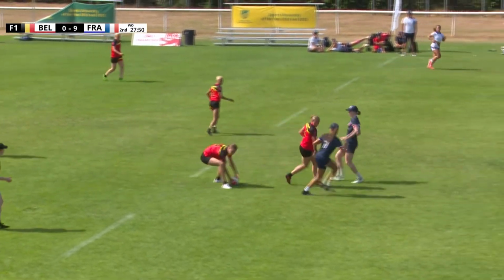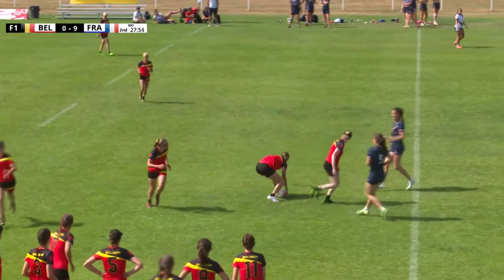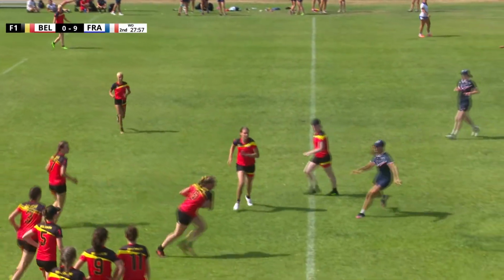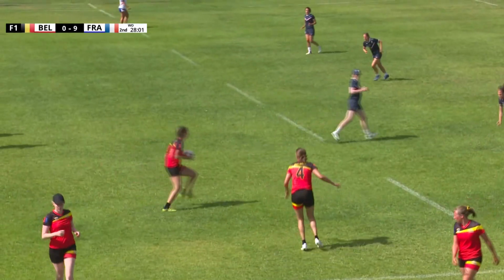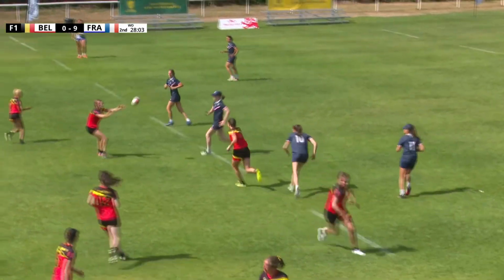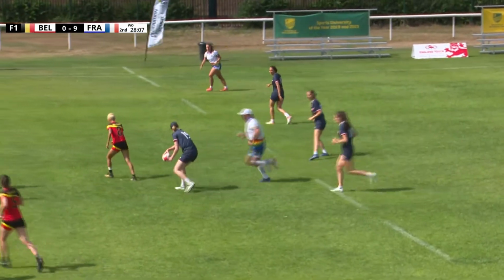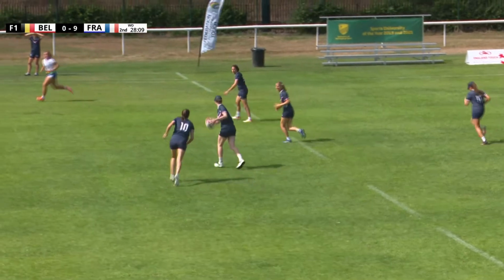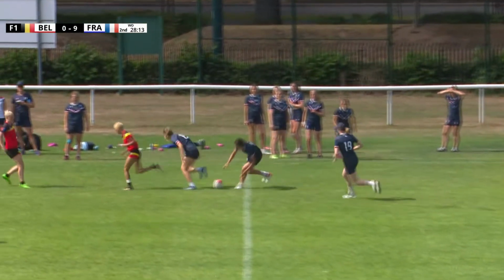Belgium come again. And they'll work their way to the box, and hopefully we'll get a little bit of strike play on touch 4 and 5. So that's third touch, and they'll work their way back to the midfield. And that's a loose carry. So we're making our way into the last 10 minutes now, and let's see if France can either turn on the flare,